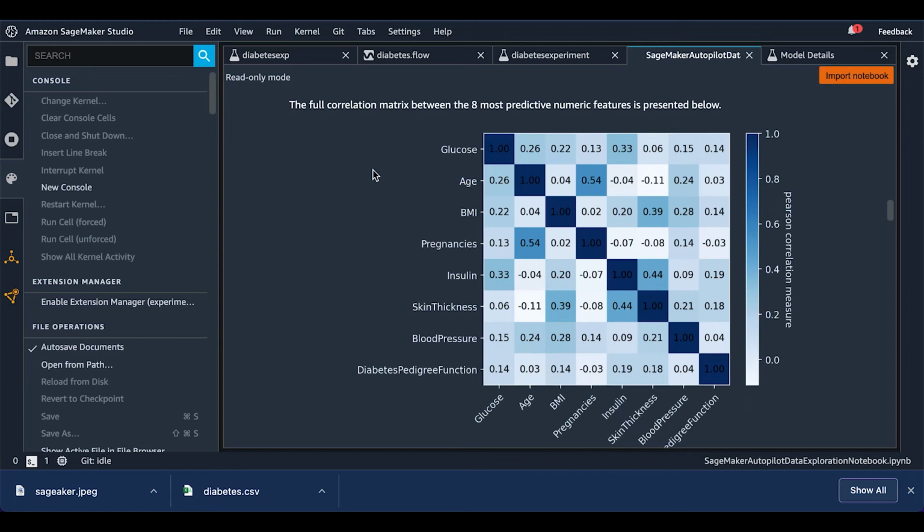And here's our correlation matrix for our features. As you can see, we can see that these dark blues are highly correlated. For example, age and pregnancy have a 54% correlation. There's 44 insulin and skin thickness, which makes sense because skin thickness may mean that